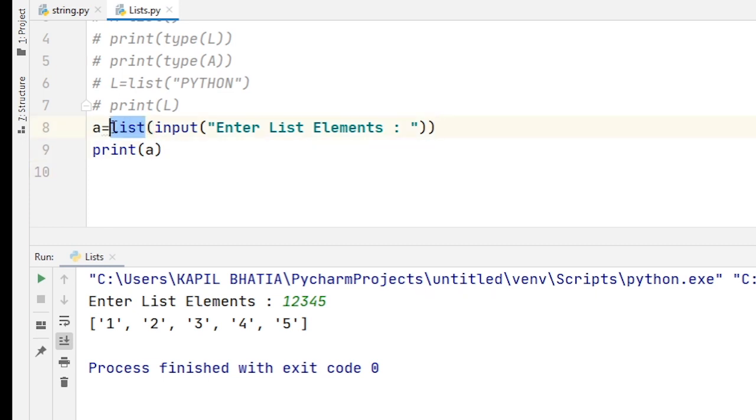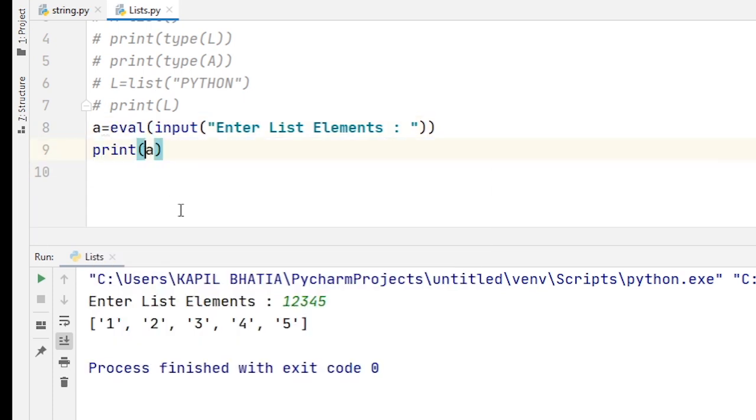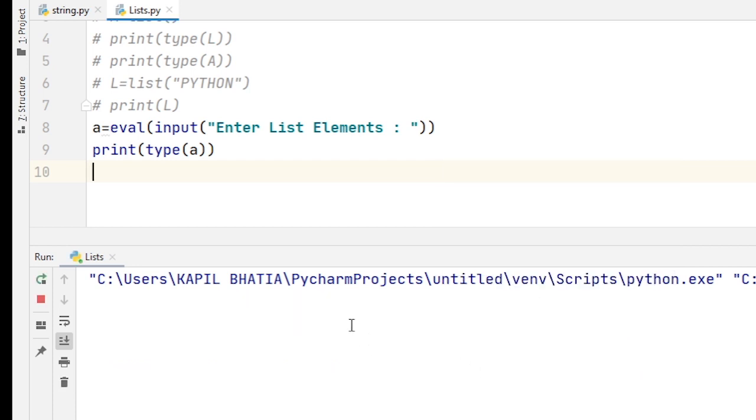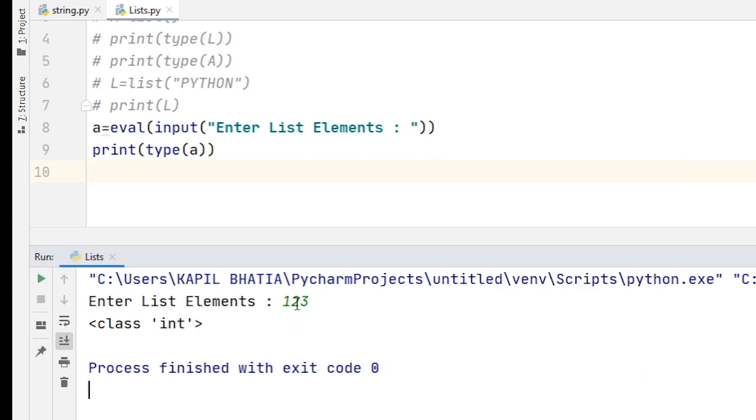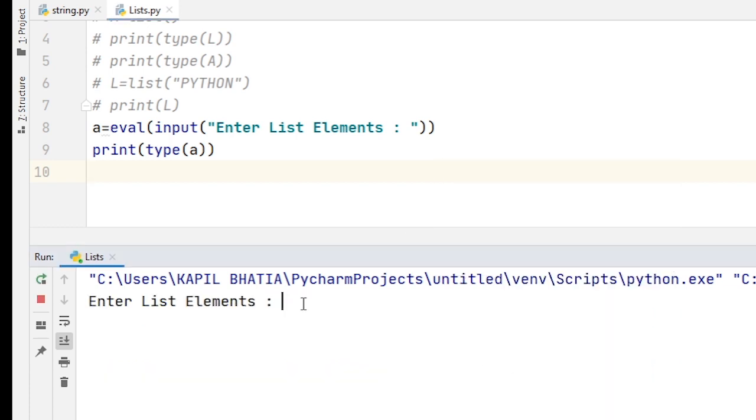Here you can see I made some changes. Here I use the eval method, and here I find the type of A. So one by one you can see, when I run this code and input the value 1, 2, 3, the type of A is integer. Again I run this code and I input 123 but within double quotes.